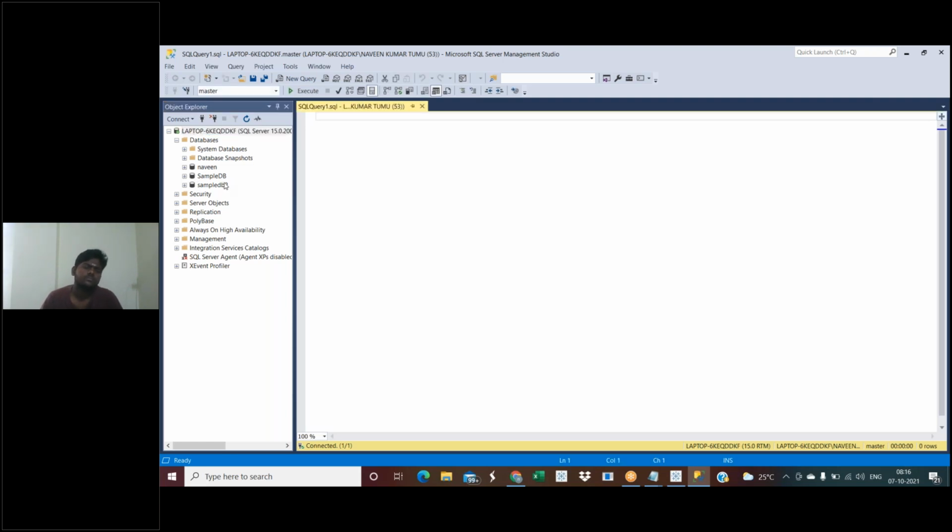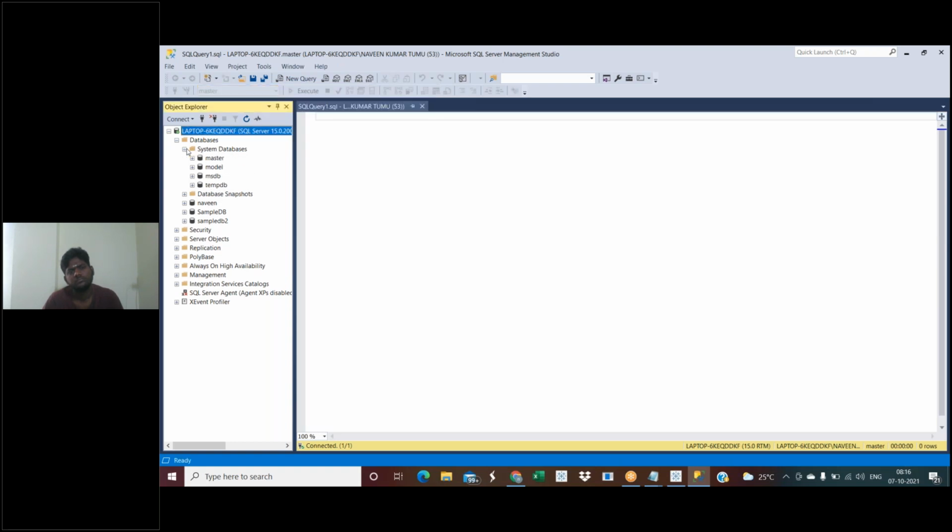So let's use this database. Whenever we write any queries, first of all we need to select the database. How do I select the database? From here you can see master is an automatic database. Automatic means it is a system database. If you click on system, you can see master. It is always a system database.